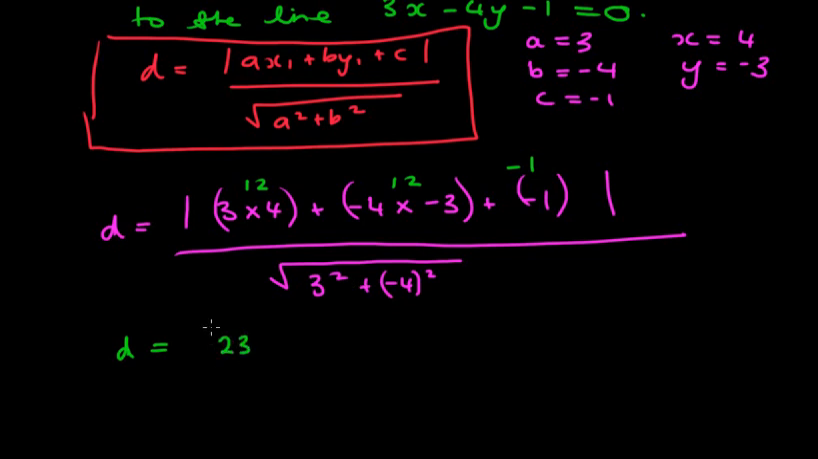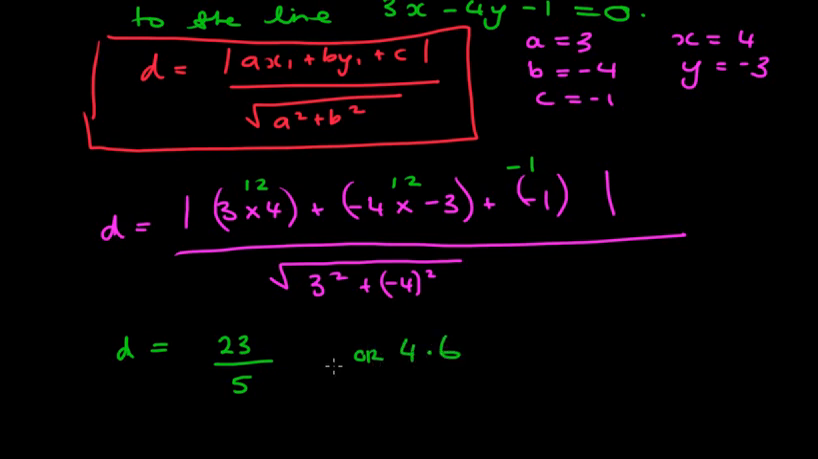Now it's the absolute value of 23. So if that was a -23, then it would be positive 23, but it already is positive now, so we'll leave it that way. 3 squared plus 4 squared, well, that's going to be 9 plus 16 is 25, so square root of 25 is simply 5. So my distance is 23 over 5, or